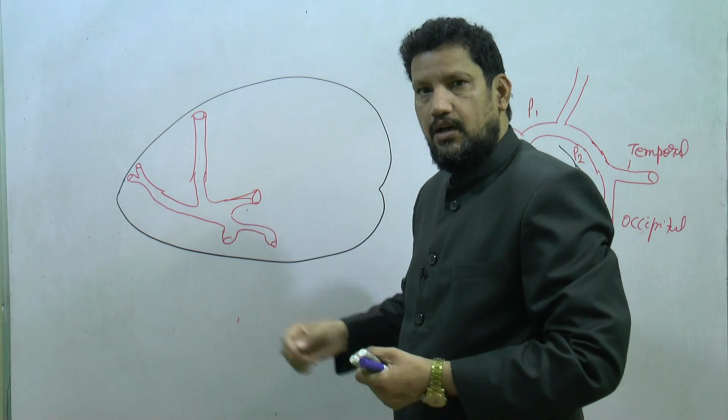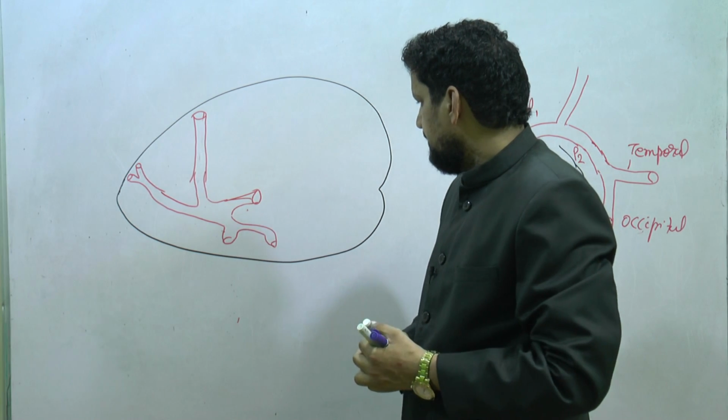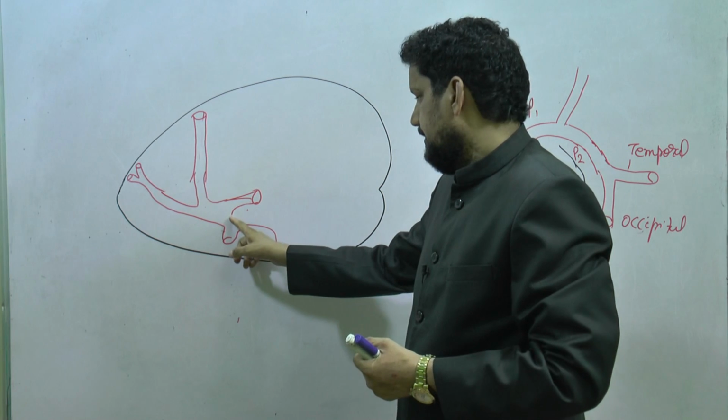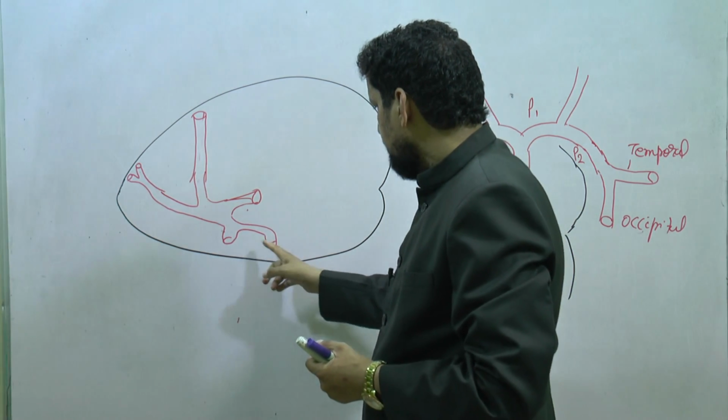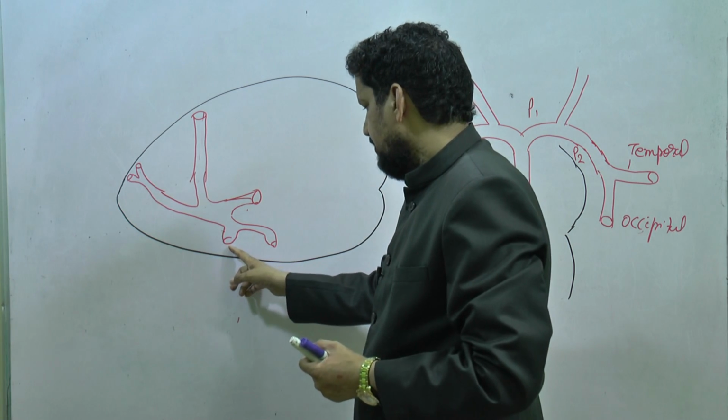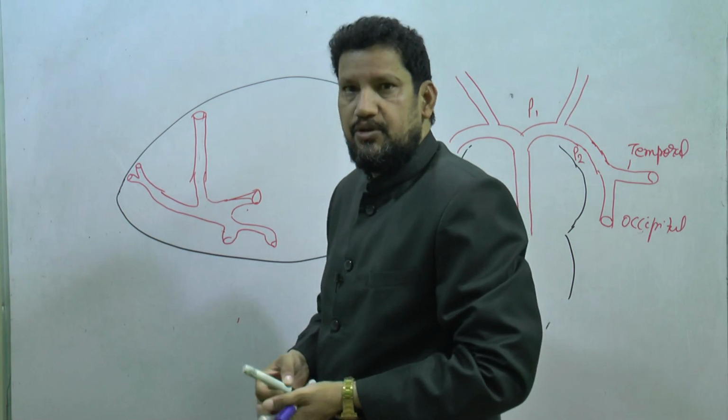So this is the posterior cerebral artery, the temporal branch, which is dividing into anterior temporal and posterior temporal, and these temporal branches are